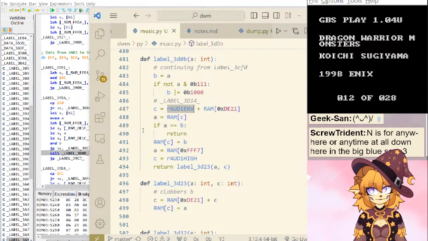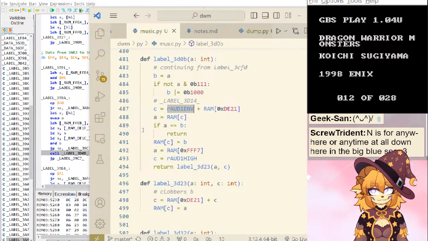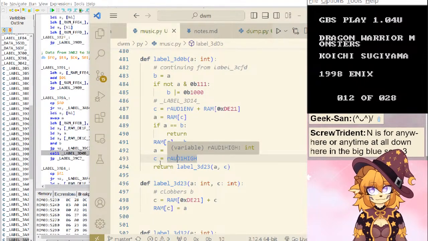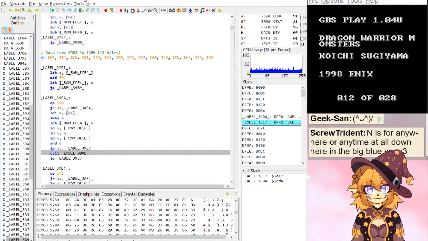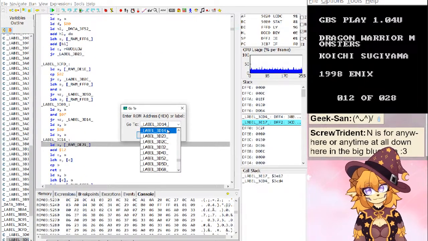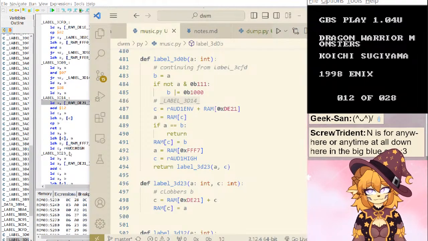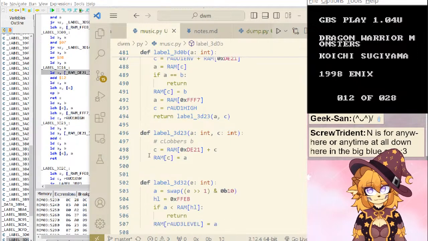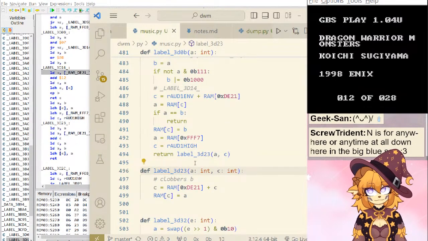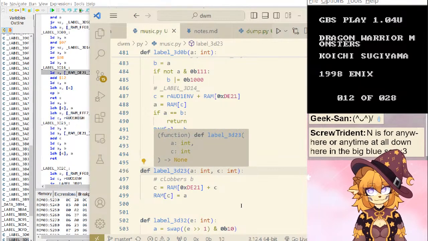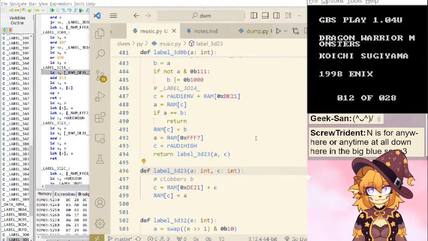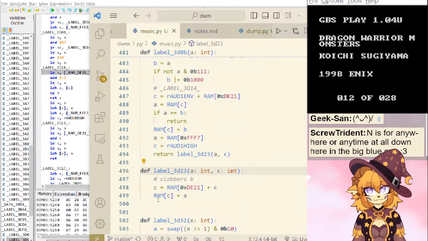So it's setting. Right, and it doesn't do that for here? Maybe it does that in the next one. Oh, it does, yeah.